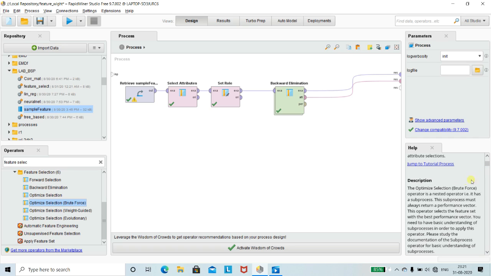Here it is written, the optimized selection operator is a nested operator, that is, it has a sub process. This sub process must always return a performance vector. This operator selects the feature set with the best performance vector. You need to have a basic understanding of sub processes in order to apply this operator. Okay,